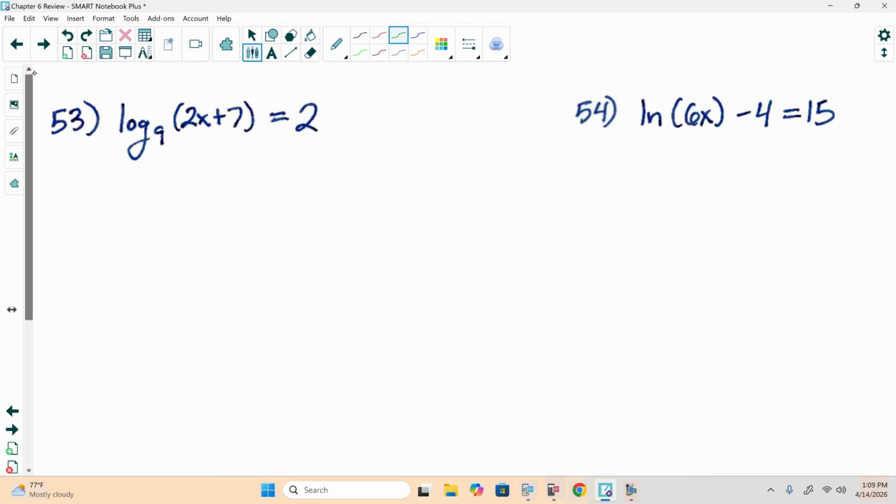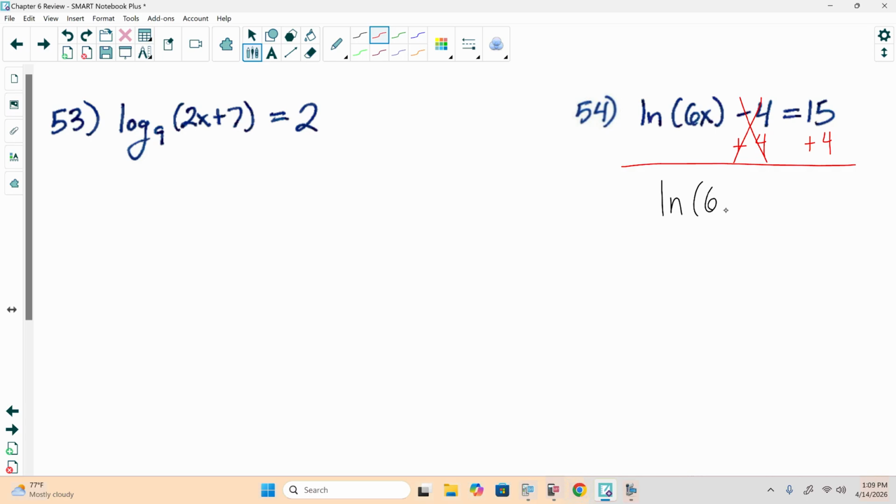Why not? Let's look at 54. Natural log of 6x minus 4 equals 15. Since we do have two terms on the left-hand side, we have the natural log of 6x minus 4, and we need to move the 4 to the other side. So we're going to add 4 to both sides,